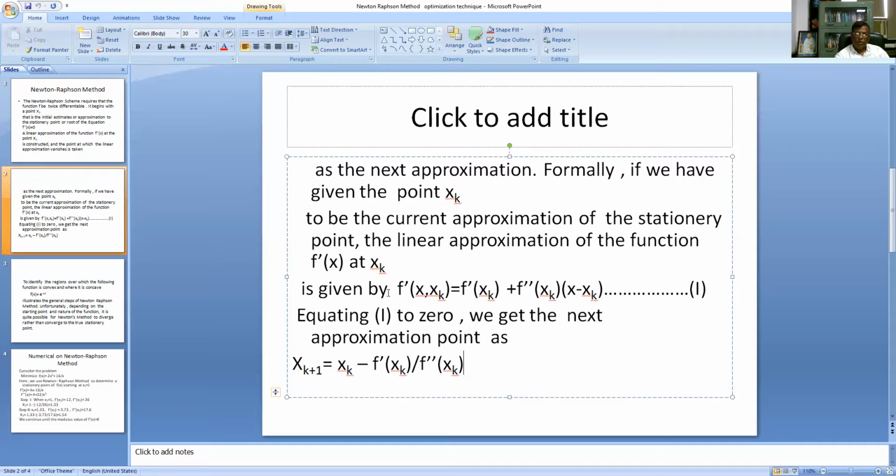So if you are putting the LHS of this equation equal to 0, and you are multiplying this x minus xk by this f double dash xk, then you can find the value of this xk plus 1 like this for the next approximation. And